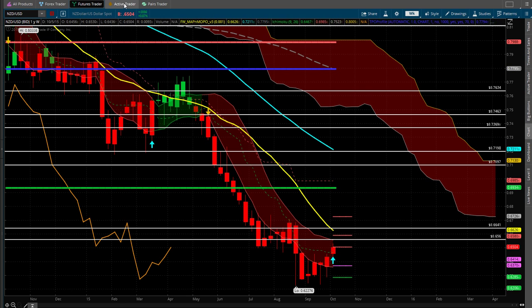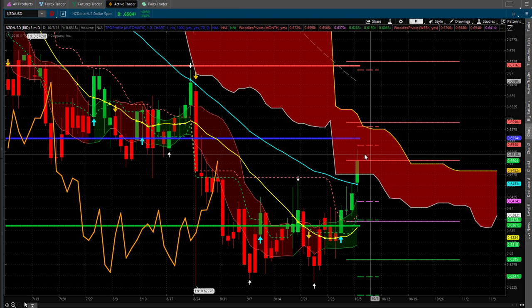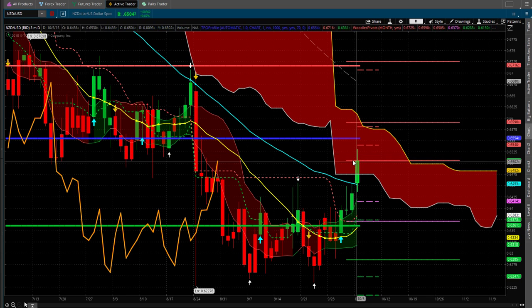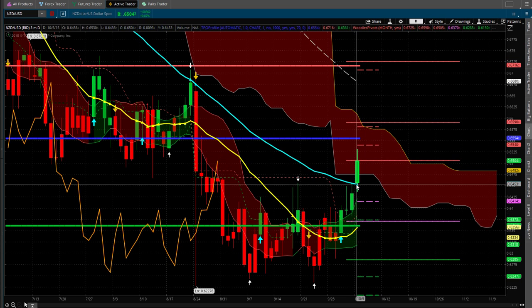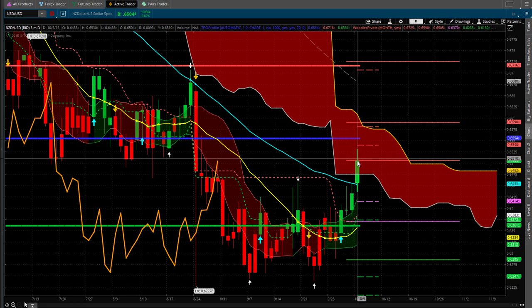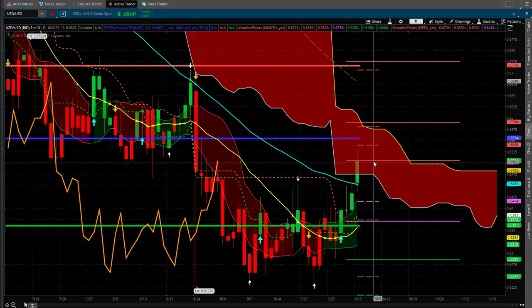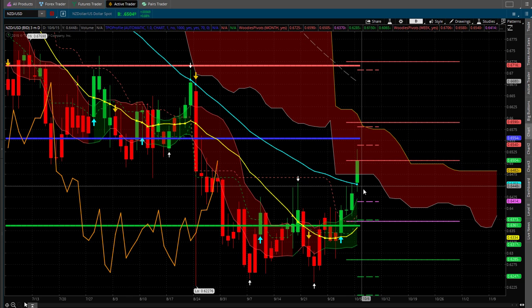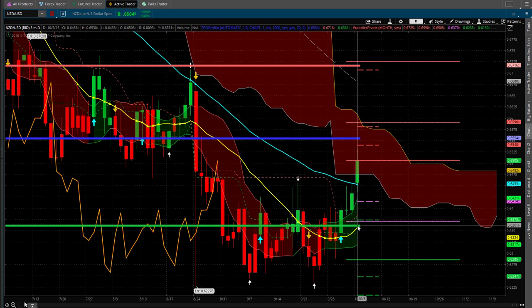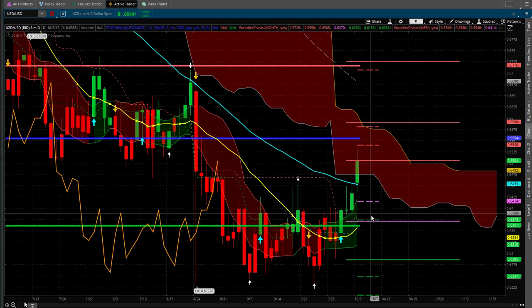Looking at the daily, it looks pretty strong. Medium term, you're in the cloud, above the 50, above the 20, so that looks really good. I wouldn't go long here. You can see that right now it's resting at some resistance with these monthly pivots. I would probably wait for a pullback, maybe to the 20, maybe to here, or this line right here, or even here, 64.13, and then maybe get in.